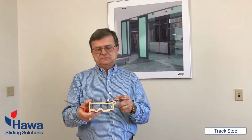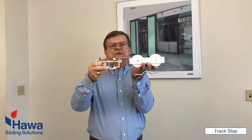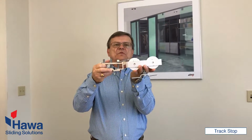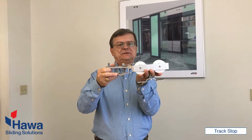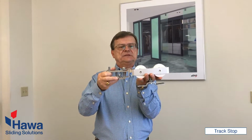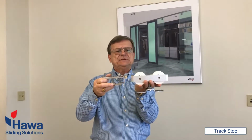This is basically steel, spring steel, and it helps to retain the trolley which is coming in, going over, and is holding the trolley to prevent the movement if, for some cases, the track is not leveled. It has to be leveled, please remember. So this little retention feature is very important,